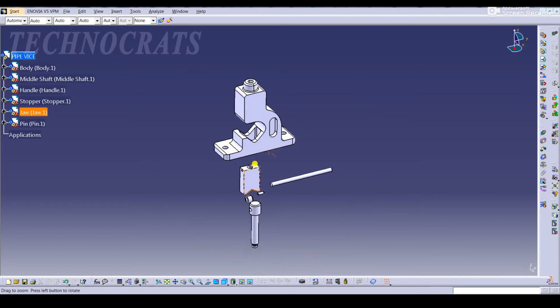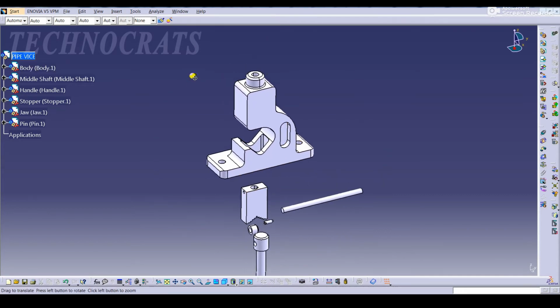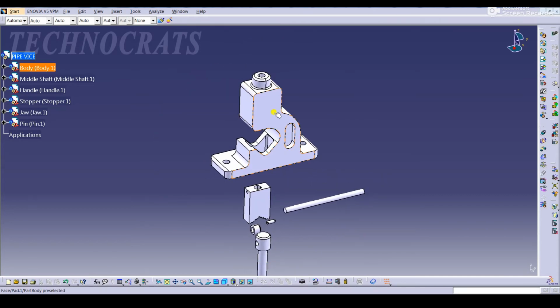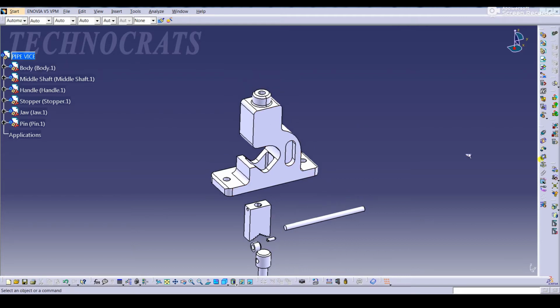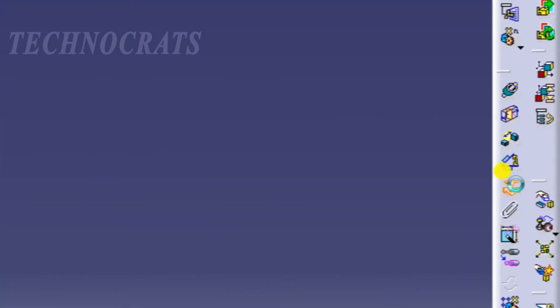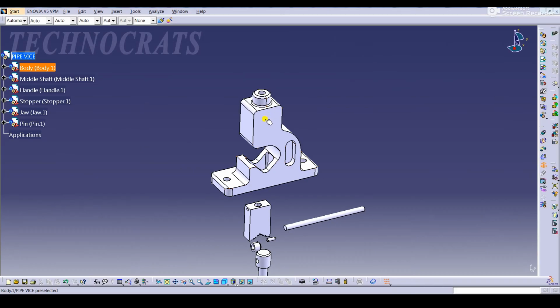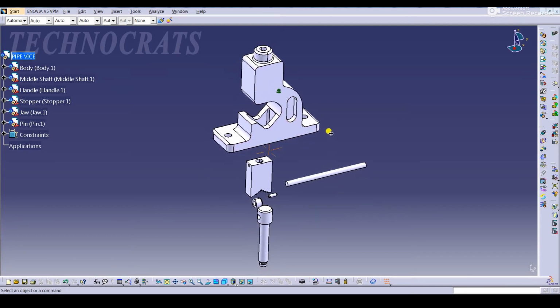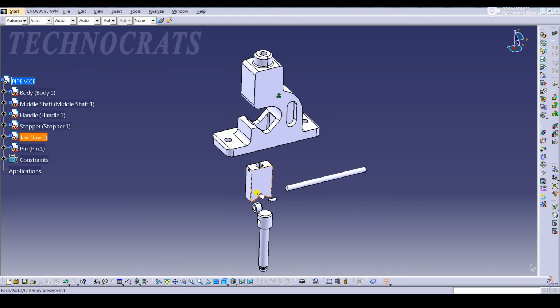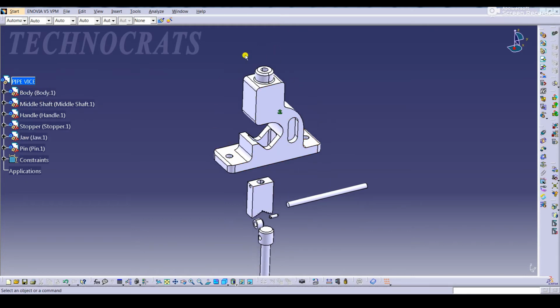First of all you can see the base part. Which is the base part in this assembly? This is the body. So first constraint you have to apply is fix to the base, and here is the fixed component. Click on the tool and click on the part. Now you can see the symbol. This body is now fixed. You cannot move this body. Now you have to apply the constraint to the individual parts with respect to this body.